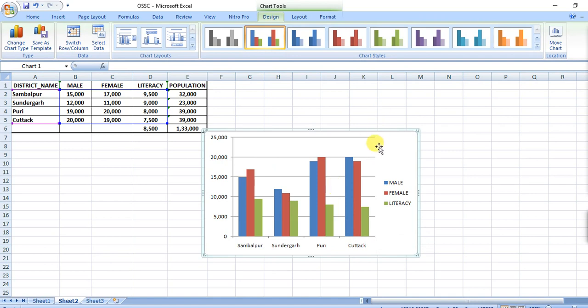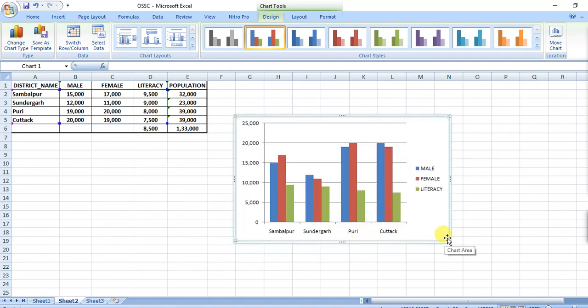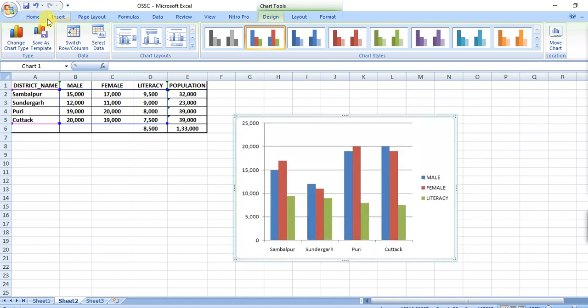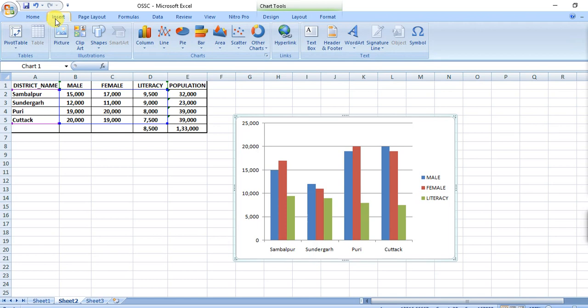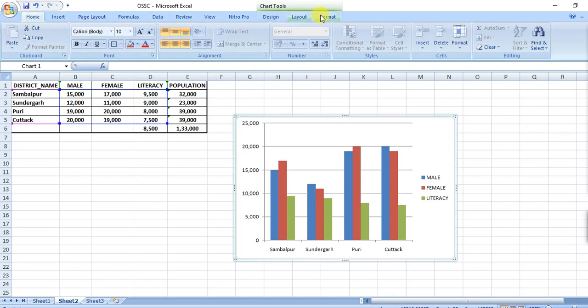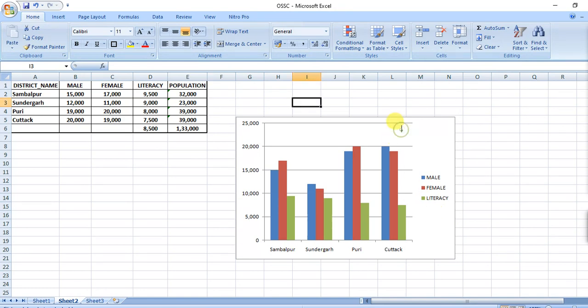So if you want to add something, I am just making it somewhat larger. You have to go to insert. Okay, so what's the next information?